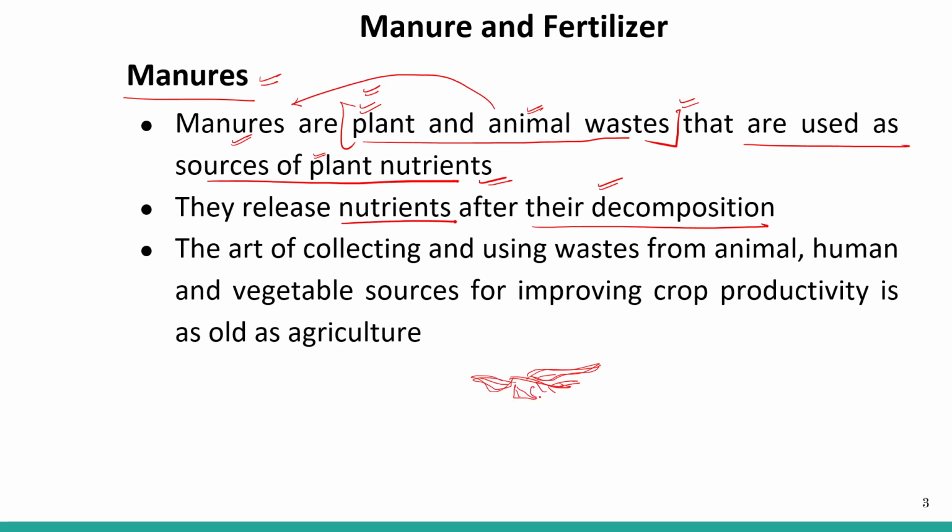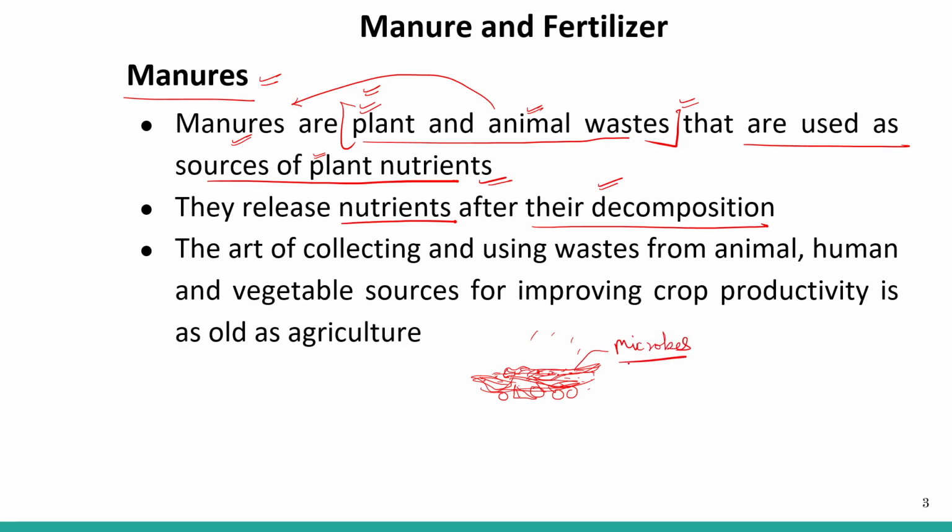So leaves, some fruits, some flowers, all these things are present. When the moisture content is high in this litter, some microbes start growing as the condition is very favorable for their growth. So some fungi, some bacteria